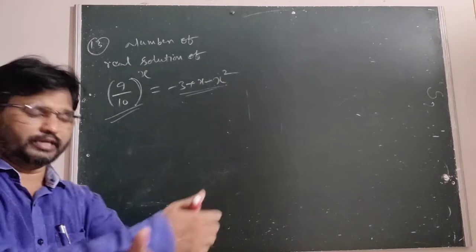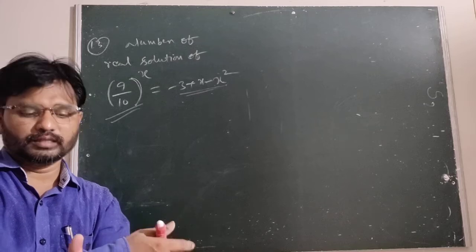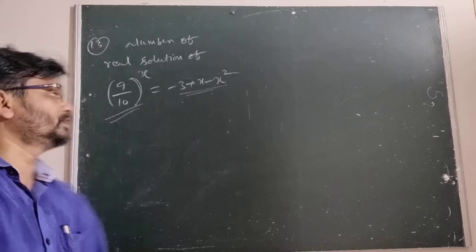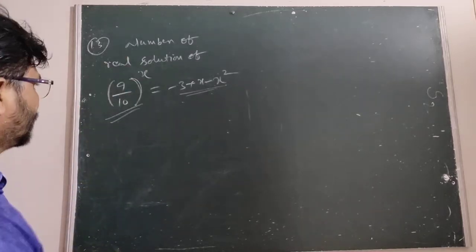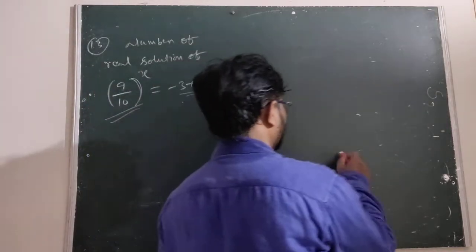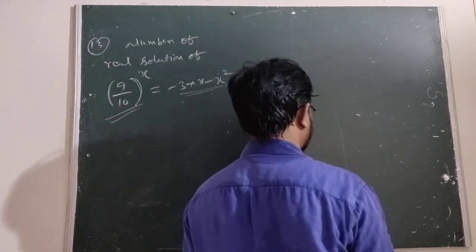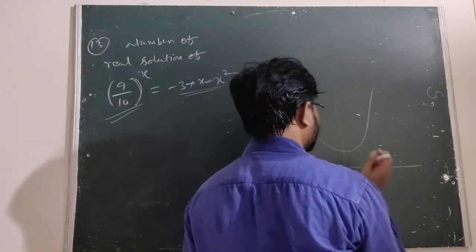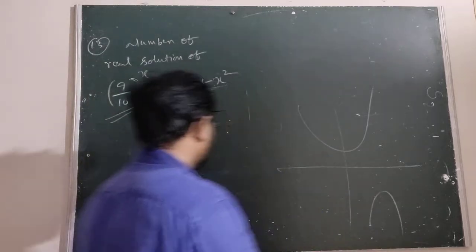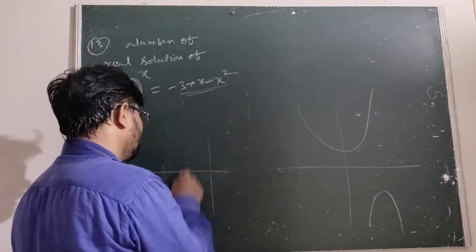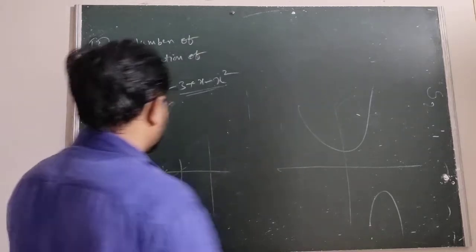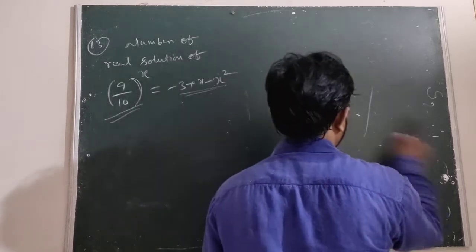So how many times the given curves are intersecting, those points are the real solutions. Therefore, if the line does not meet, that means imaginary solutions. Suppose the curve lies completely here, where this is the x-axis and this is the y-axis. If the curve does not meet the x-axis, it has no solution, imaginary roots, below the x-axis. But if it intersects the x-axis in two distinct points, it has two real roots. Either two curves intersecting or it meets the x-axis, then you can take the solution.